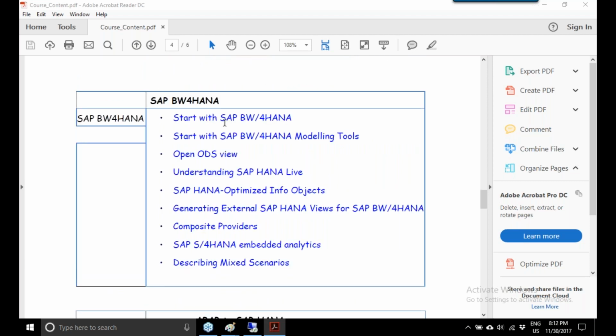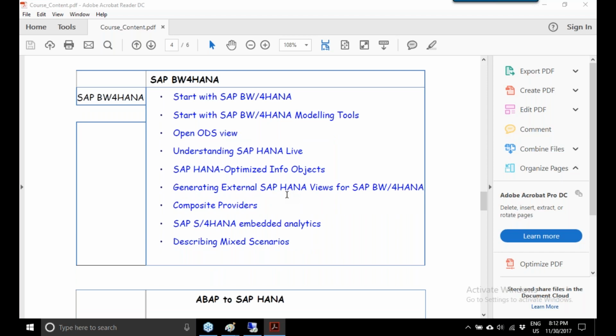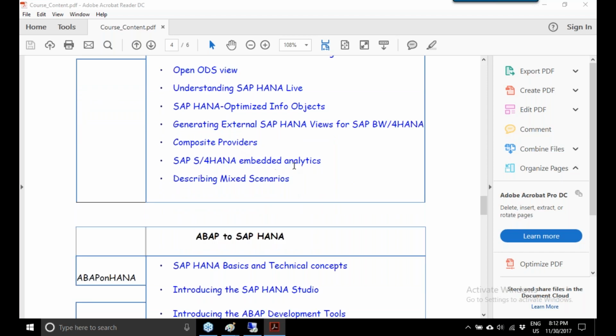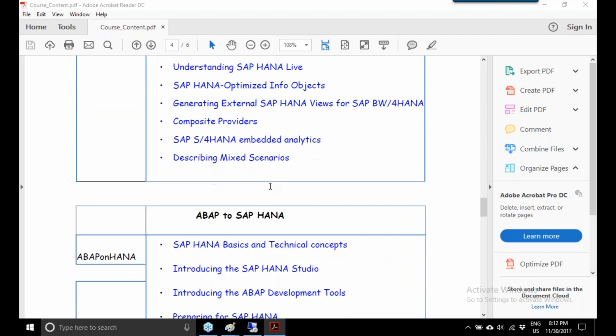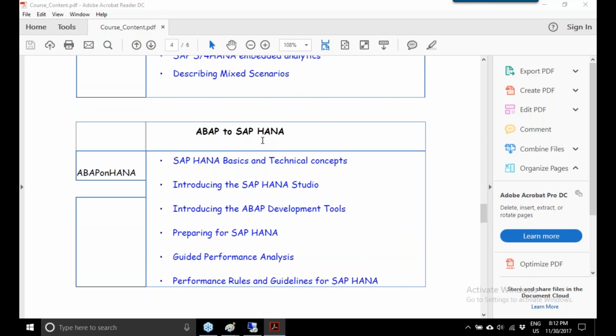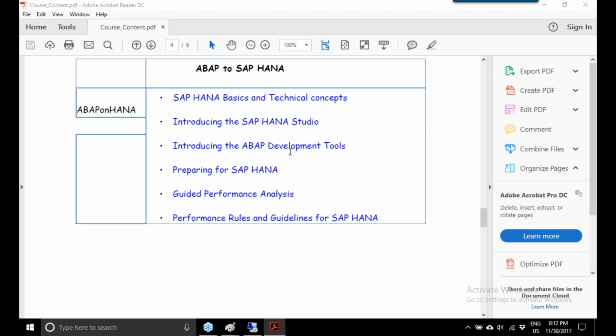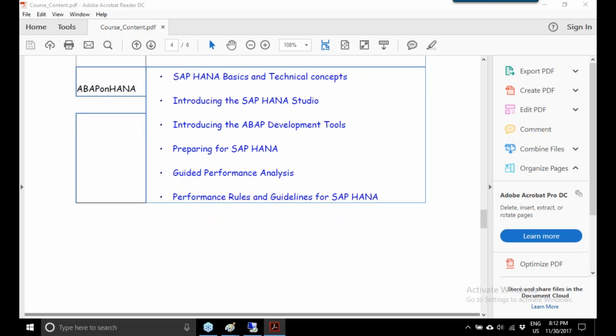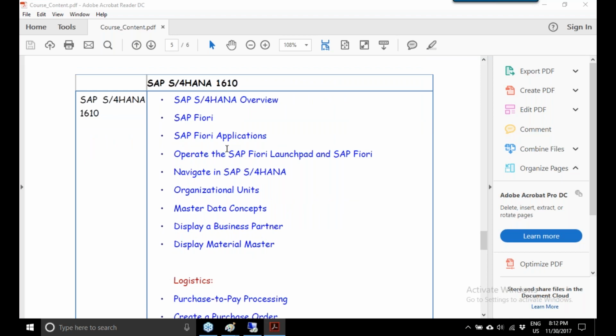So this is on the BW4 HANA, the complete analytics, understanding SAP HANA Live, optimizing, creating composite providers, embedded analytics, describing the mixed scenarios, ABAP on HANA, how we can use ABAP with SAP HANA, introduction to HANA Studio, guided performance analysis, and also the S4 HANA,